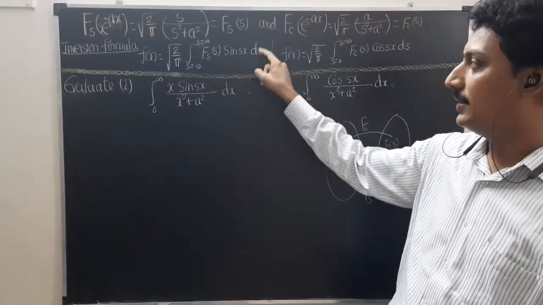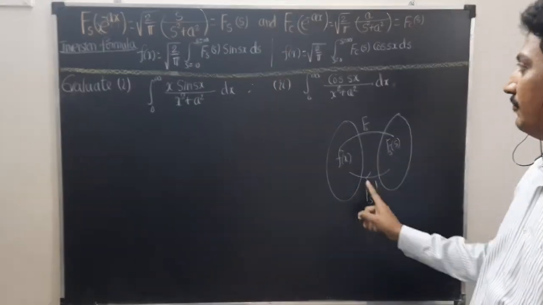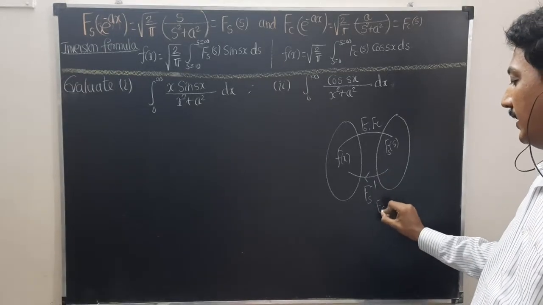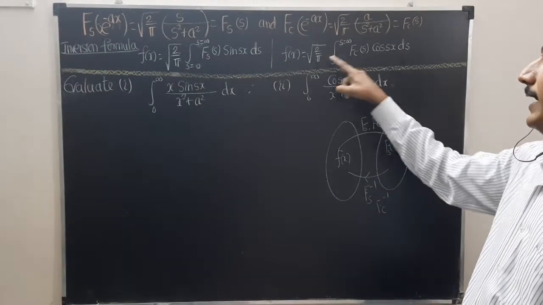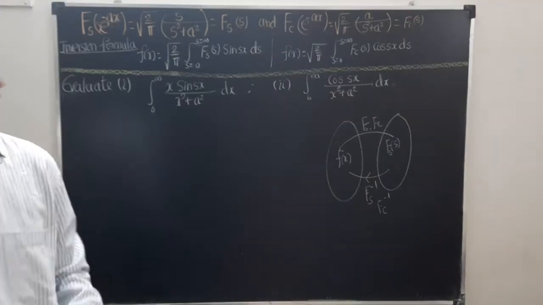Similarly for the cosine transform, the input is s, the outcome is x. Now by using this inversion formula for the Fourier sine and cosine transform,